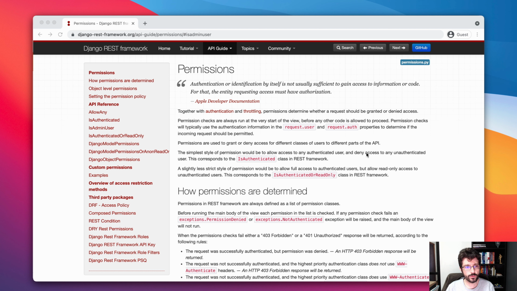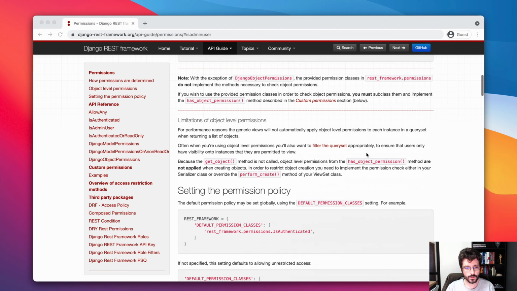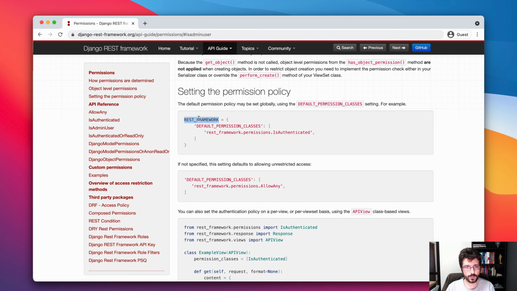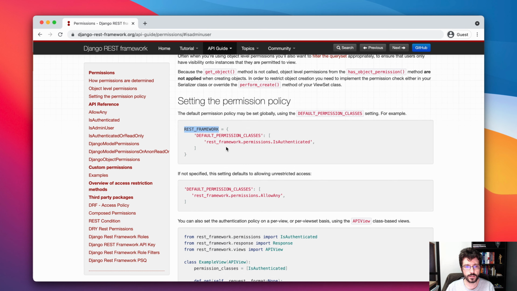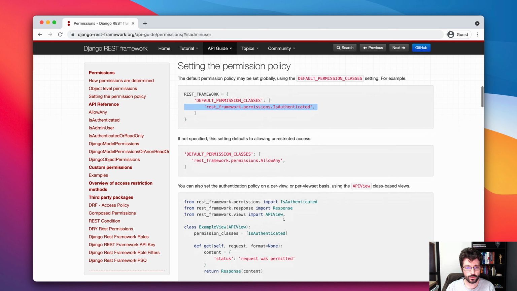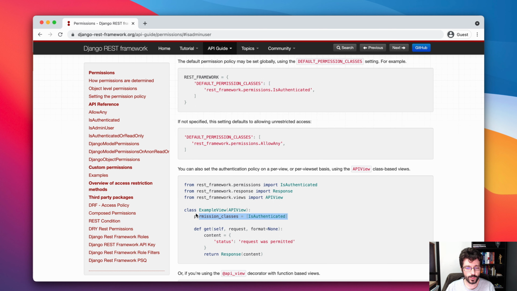And basically we have two ways of adding the permissions to our views. One is adding this to the REST framework configuration. So this is like a global permission policy. So you can list here, for example, that all your endpoints are going to use the isAuthenticated permission. And the other way, which is the way that we have been using so far, is adding the permission directly